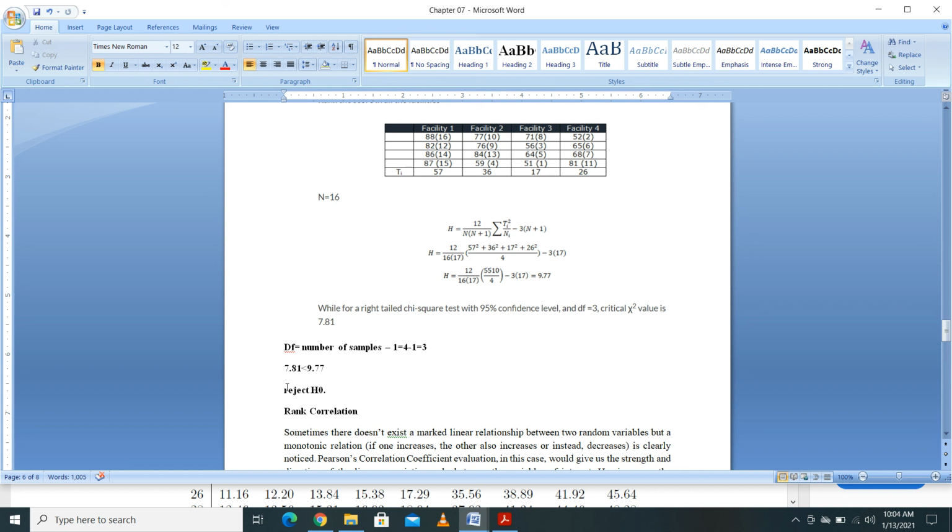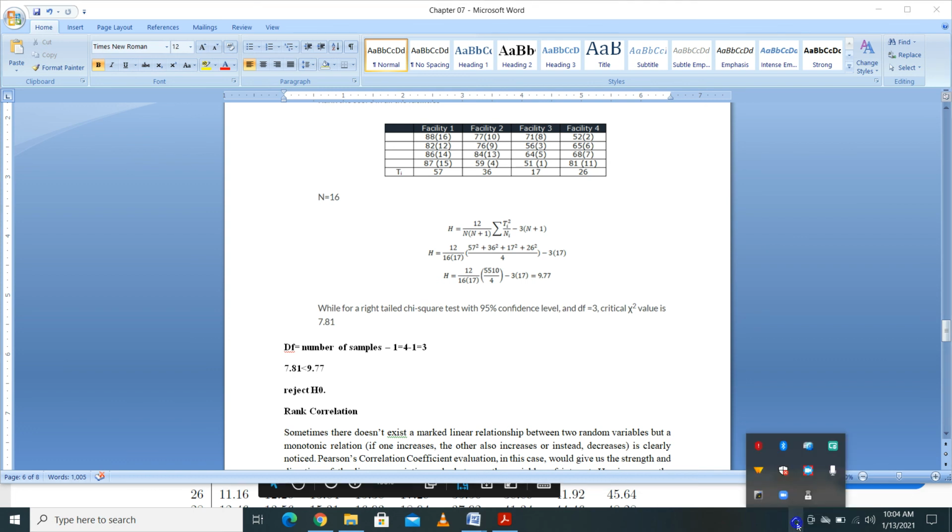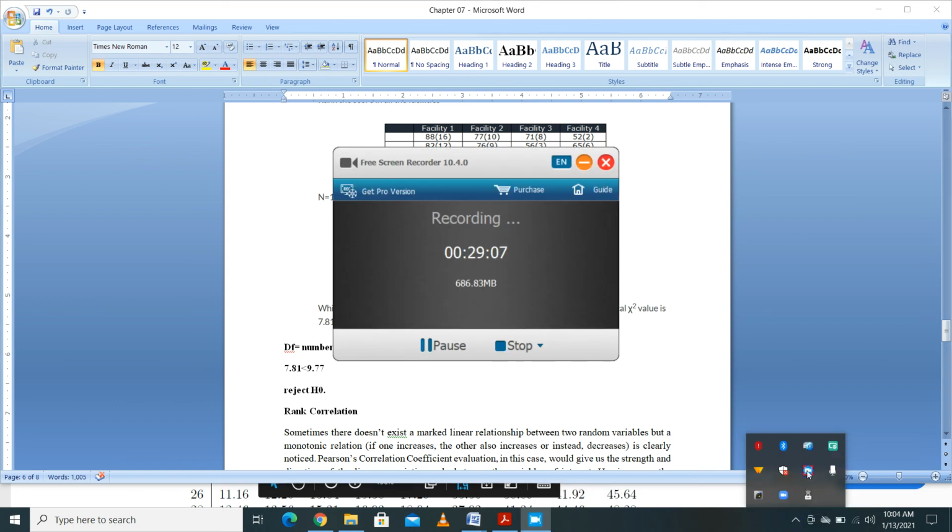So I think now it's clear how to use the Mood's median test and the Kruskal-Wallis test, and also how to find the correlation when you have non-linear relationships. So let's meet with another set of methods in our next